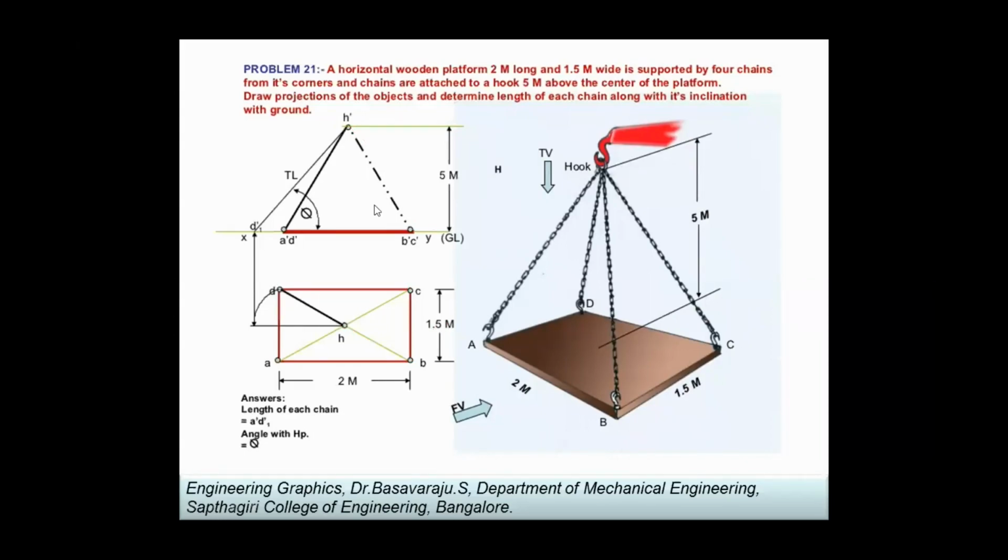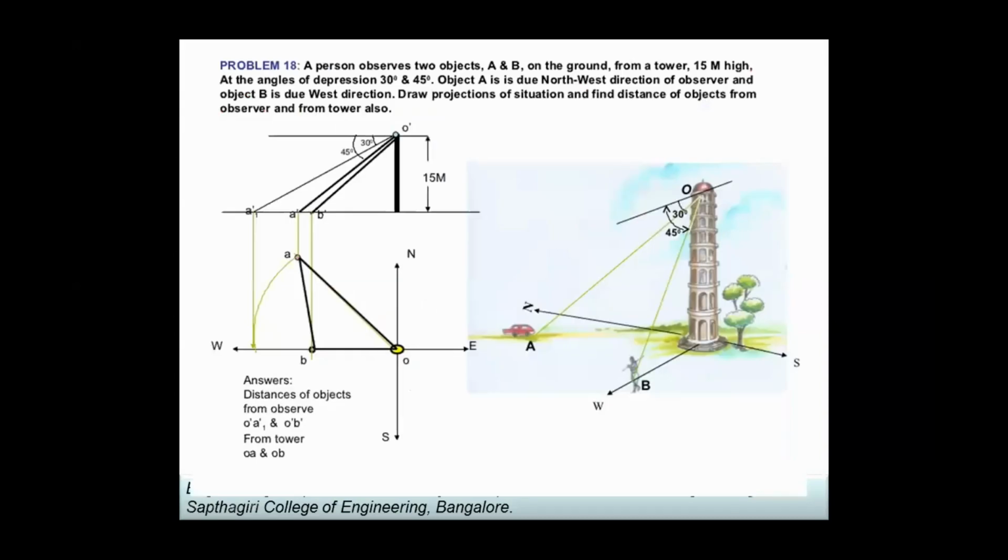I'm talking about applications of projections of lines. When projections of lines are there, how do you identify a particular length of this object? Are you able to understand? Yes, sure. Any doubts here? Have you understood the problem? Yes, sir. See, this is the application problem where projections of lines come into the picture. In the same way, we'll see one more example.